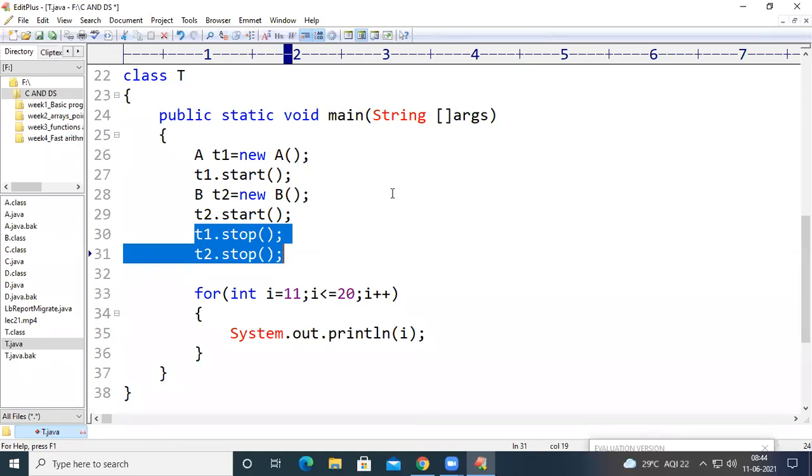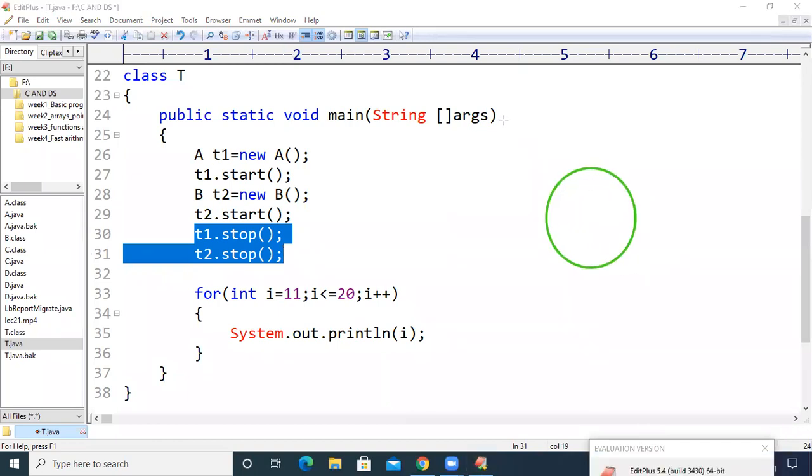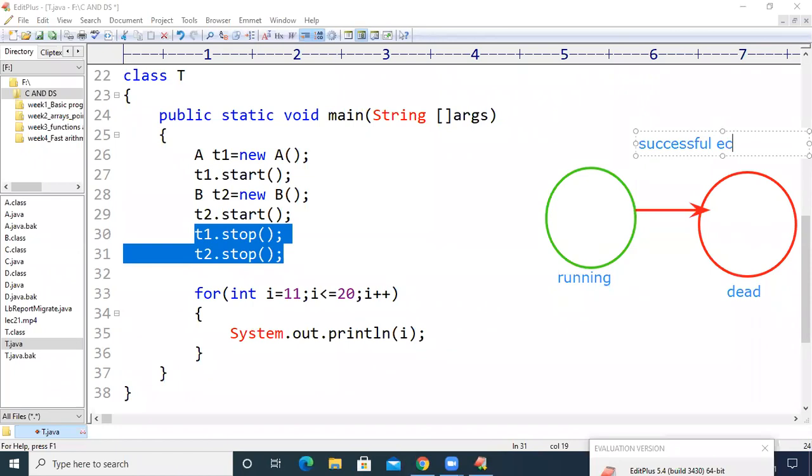When we use the stop method, there is the running state of the thread and the dead state of the thread. Normally, a thread moves from the running state to the dead state in one way, that is, successful execution.